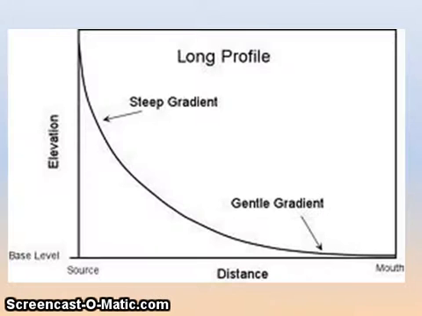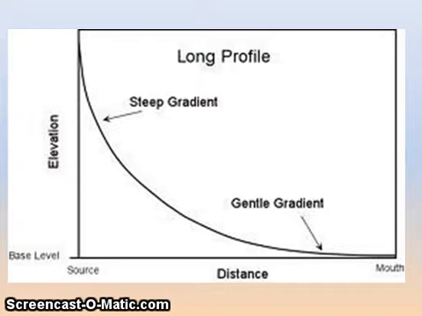Here we've got the long profile of the river. On the left hand side, where it's labelled source on the x-axis, we can see that the gradient's very steep. This is up in the highlands where it's very steep. Here, because it's steep, the water has a lot of gravitational potential energy, so it's got a lot of energy